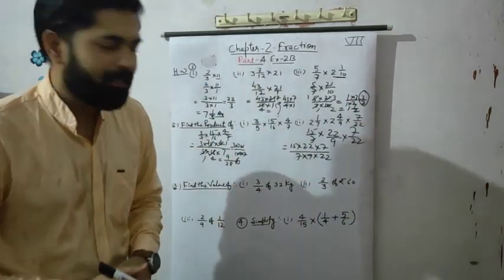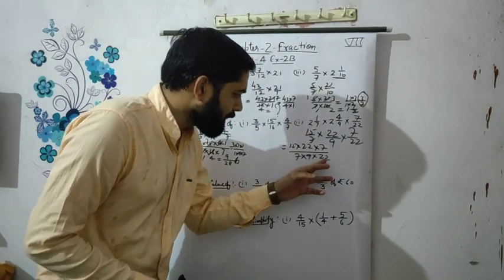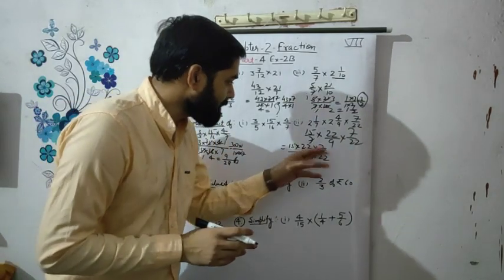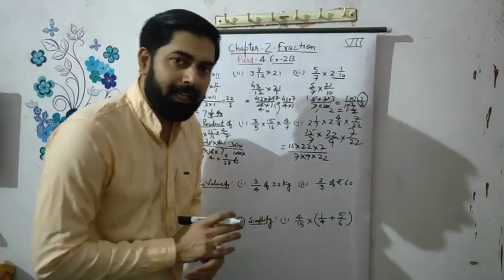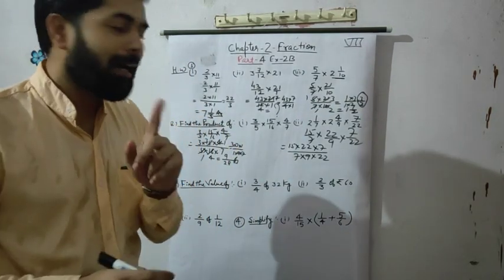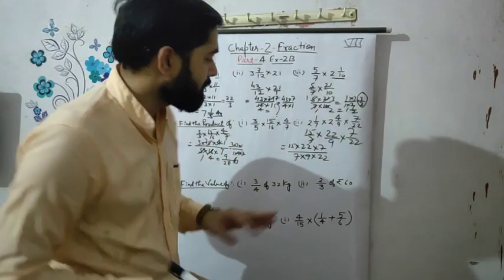Look here at the numerator and denominator numbers. This is 22, this is also 22, so these numbers are cancelled now. 7 and 7 are also cancelled. So what is left here? 15 and 9. 15 and 9 are divisible by which number? Yes, good, by 3. 3 5s and 3 3s are.